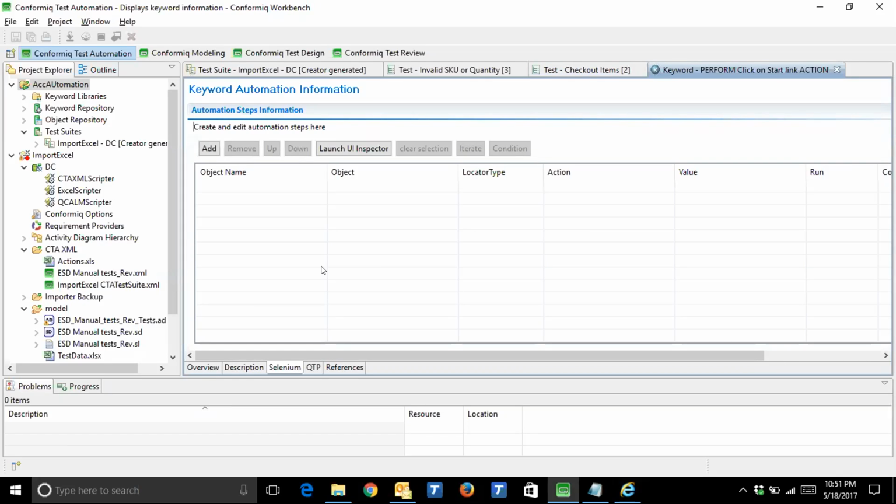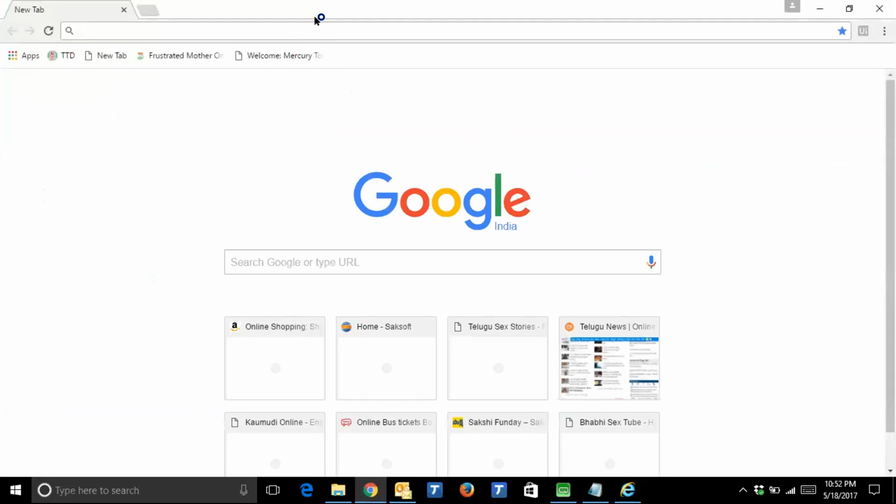So now here in this transformer, we are giving one more feature: you can launch the application from the transformer itself in the respective browser, in whatever browser you want to launch, and you can scan the entire application. You can capture the object properties and you can map it within the keyword itself. So for example, I'm taking one sample application called